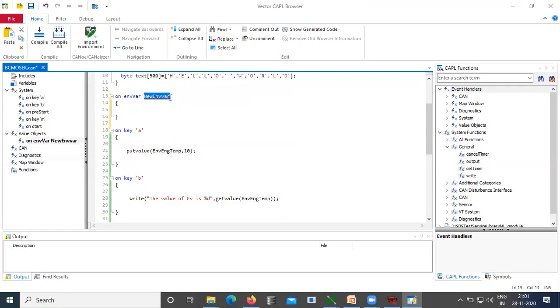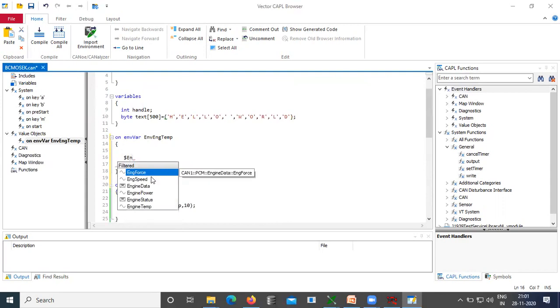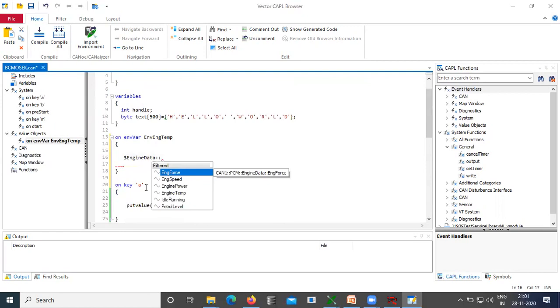When there is a change in the env engine temperature, you have to capture that. Capture to what? Engine data colon engine temperature dot phys is equivalent to getValue.